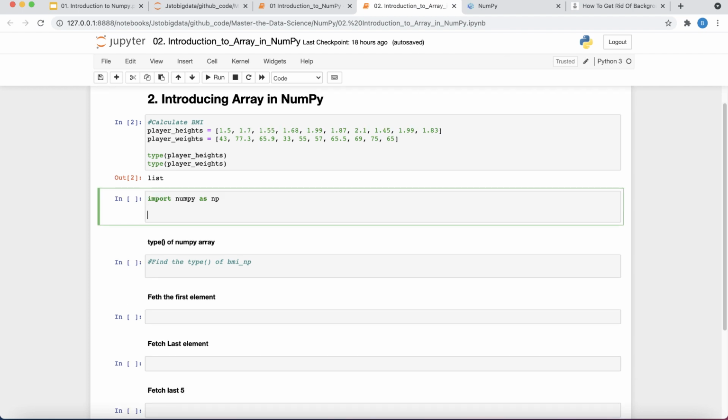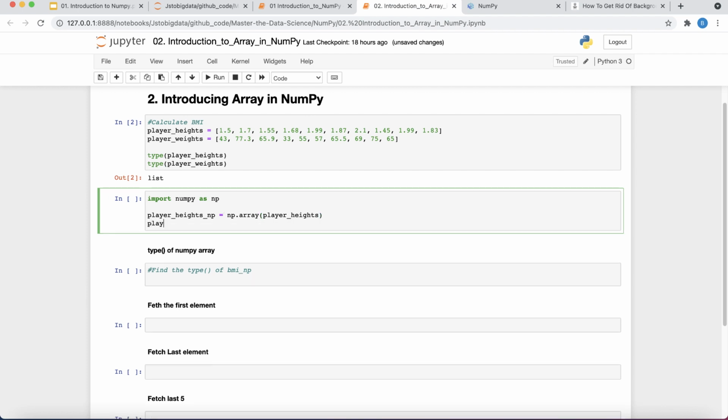Now I already explained to you how to calculate the BMI of players using NumPy. So let's just do that once again as a revision, and then we will check some of the array related functions. So let's say player heights np is equal to np dot array, and I'm going to pass player heights of course, and similarly I will use player weights np, which is nothing but a NumPy array created from player weights.